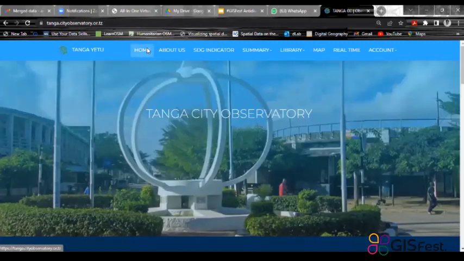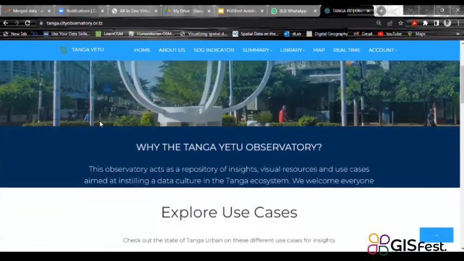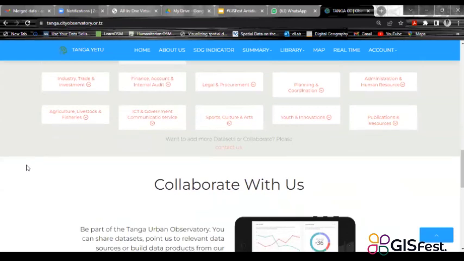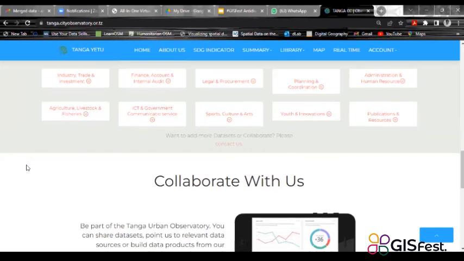All the data is public, and the public can just utilize it. You can see how the data is used, from ordering a takeaway to planning a vacation. You don't have to be in Tanga to know what's going on in Tanga; you can use the data for your own decision making while you are in bed, or in different cities. There is quite a lot of data and information being contributed through participatory GIS.